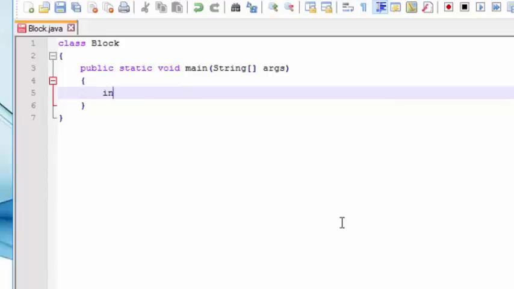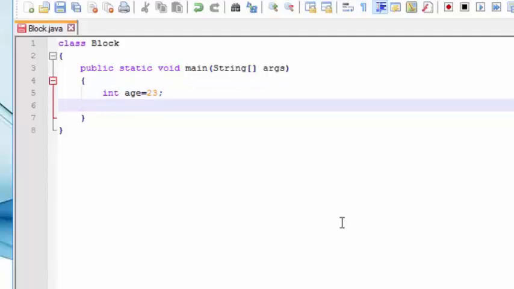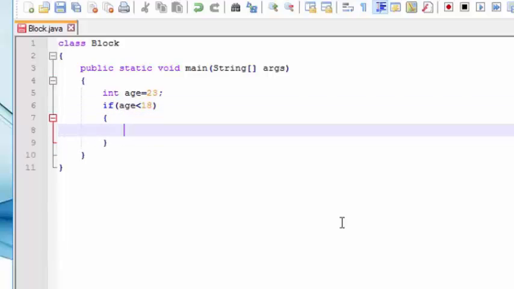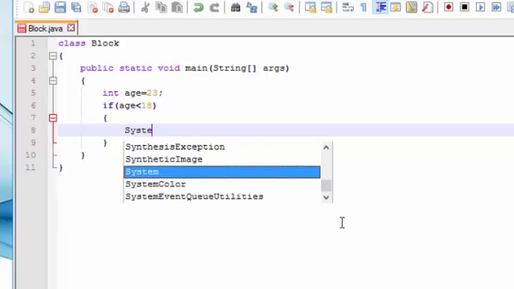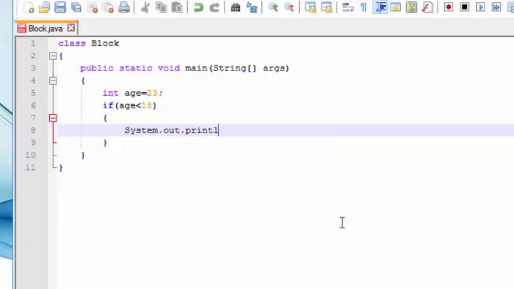Declare variable integer age, assign value 23. If age less than 18, print